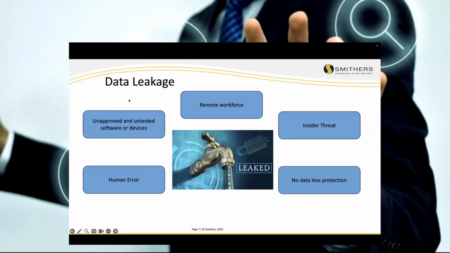The other thing that impacts data leakage is no data loss protection. Nothing on your systems that says, hey, why are you moving a 5 meg file out of the company? Why are you moving a document that's marked confidential? Why is this leaving the company? And basically just monitoring whatever your employees are doing on data that is leaving the company as well as data that is coming into the company.